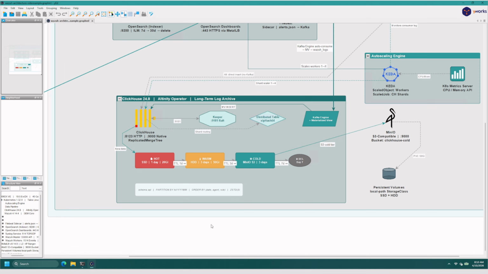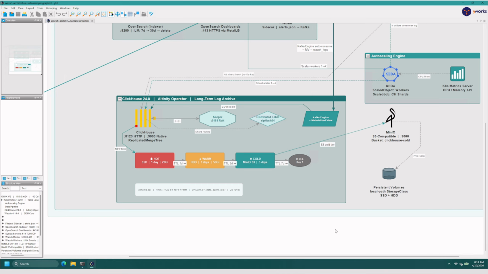Natively, we want to make sure that in this deployment and the configuration, hot is going to target an SSD, so we maintain those fast queries on recent data. Warm is going to HDD, something that's affordable but still queryable. And then cold is going to go through a platform called MinIO, so it's archived and it's the cheapest long-term hold method available. The key thing is that all three tiers are still queryable through the same ClickHouse SQL interface,